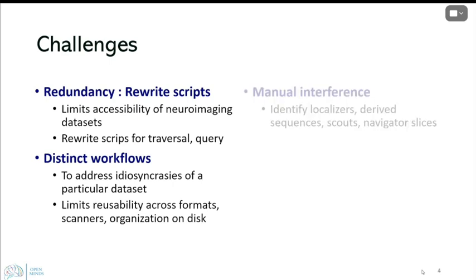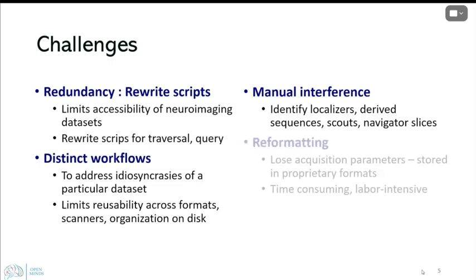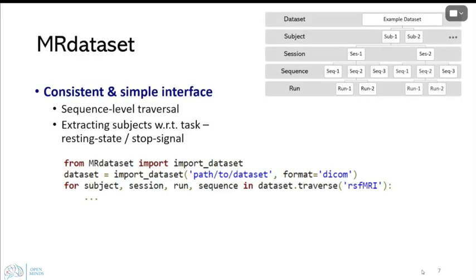organization on disk. And when we are dealing with data directly, we also have to manually go through the data to identify which are the localizers, derived sequences, and pick out the auxiliary scans like scouts and navigator slices. And we have to, of course, reformat data to fit it through our analysis pipeline. The process can become very intricate and time consuming. So we need to make some innovative tools that can make this process easier and efficient, and therefore we present